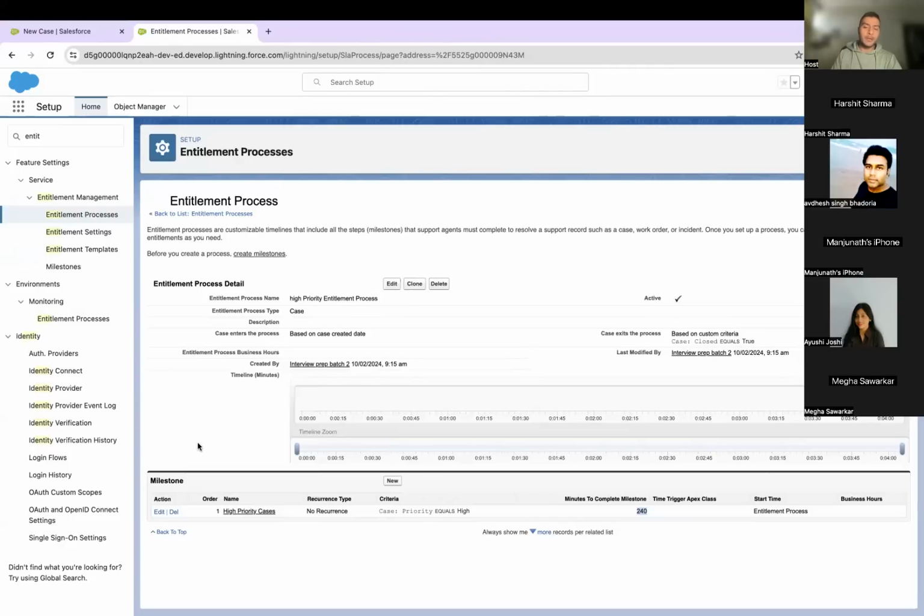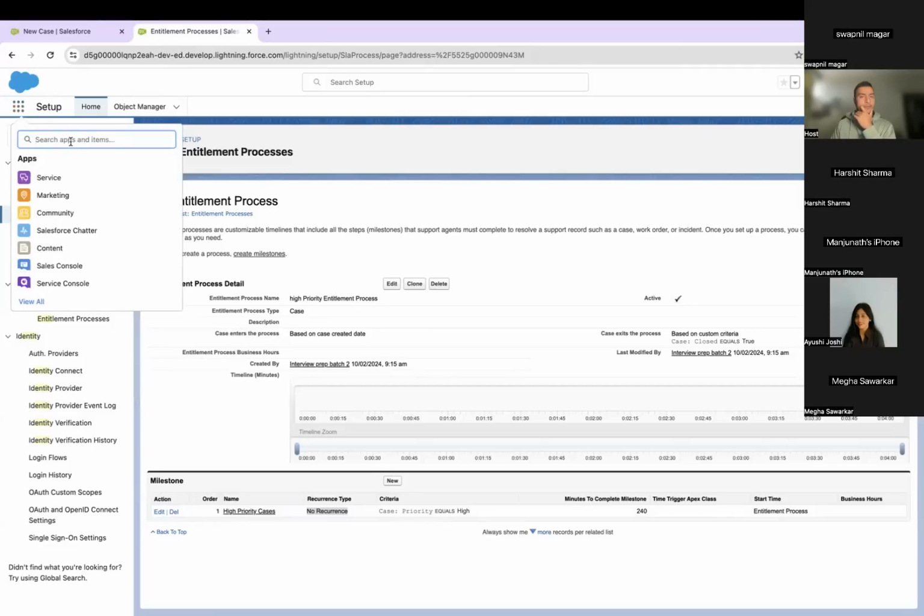Okay, later on, if we come back and again change the stage of case, it will not reoccur because recurrence type is no recurrence. If you want that, if it should also re-trigger when you come back and again change the status, you should go for the second type, where we define the independent recurrence type. Then it will just be dependent on a criteria. That's it. Okay. So you will have to try these things on your own as well sometimes to be able to do that. Now, next step is,